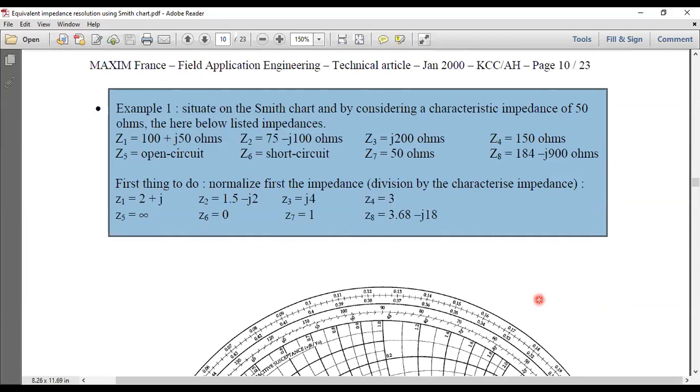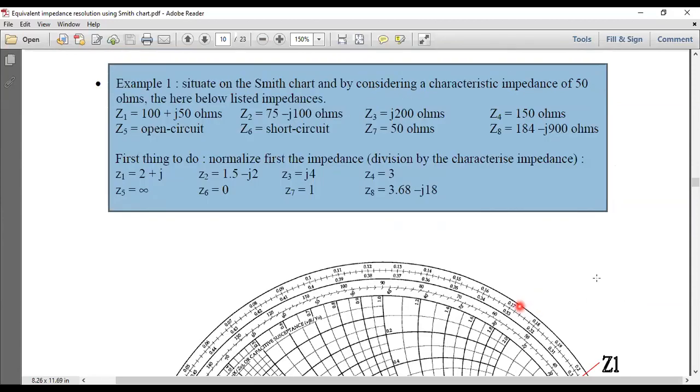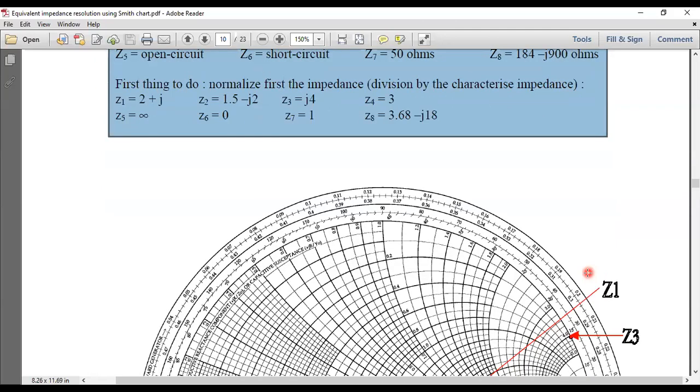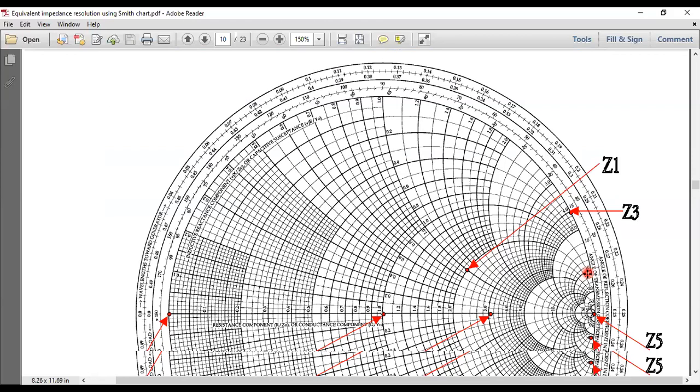All of you just take this down, and all of you have to mark all the 8 impedances. I'll put some multiplication factor according to your roll number or something. So this will be the exercise that you have to do. You have to plot all these impedances on a single Smith chart and upload it on the Google Classroom. So this is the basic assignment.